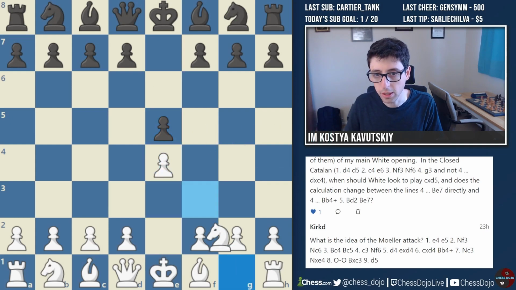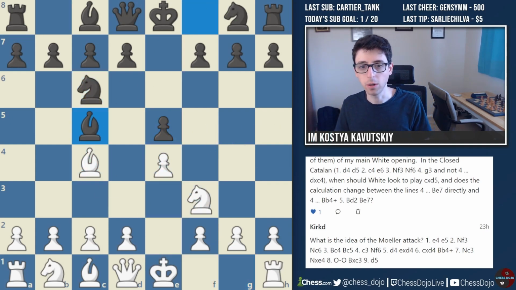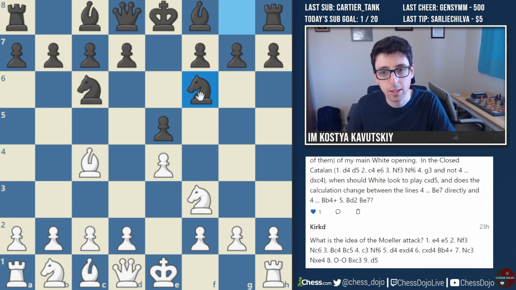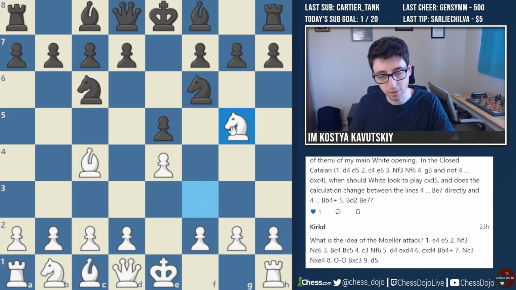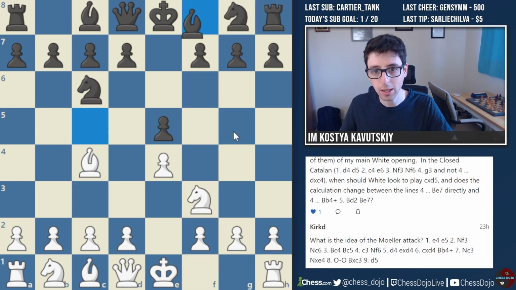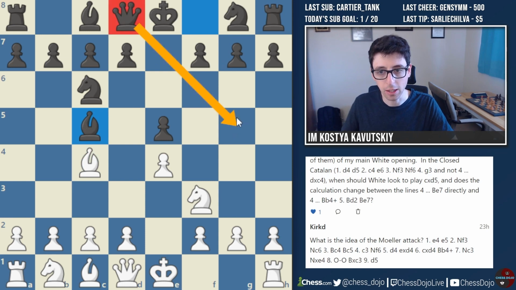This comes from the Italian game. Bishop c4, bishop to c5. Of course, black has other options already here. They can play knight f6, which allows the Fried Liver, and this has its own bucket of theory. This is super, super sharp. So players that don't want to deal with this play bishop to c5, keeping the queen covering the